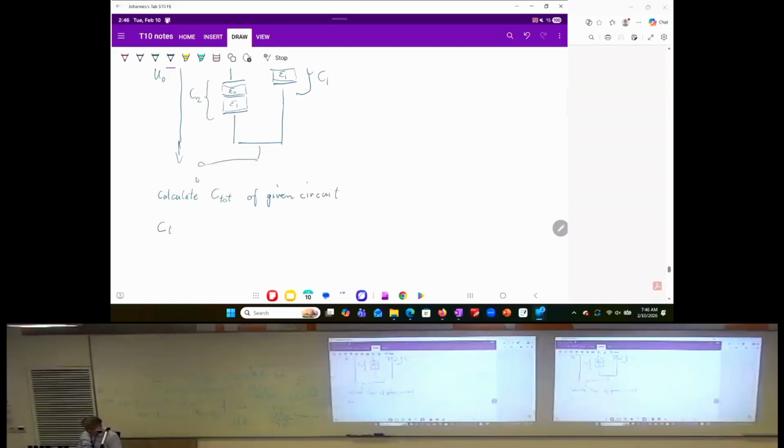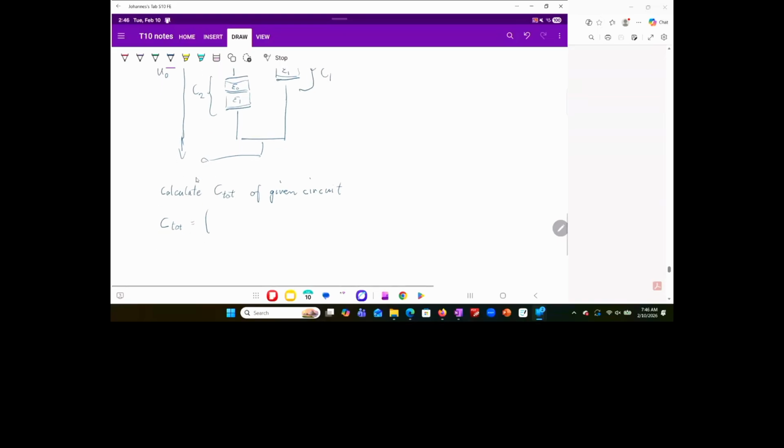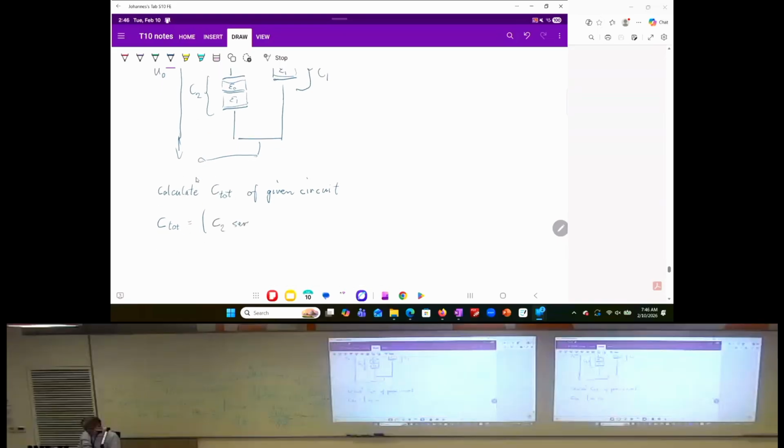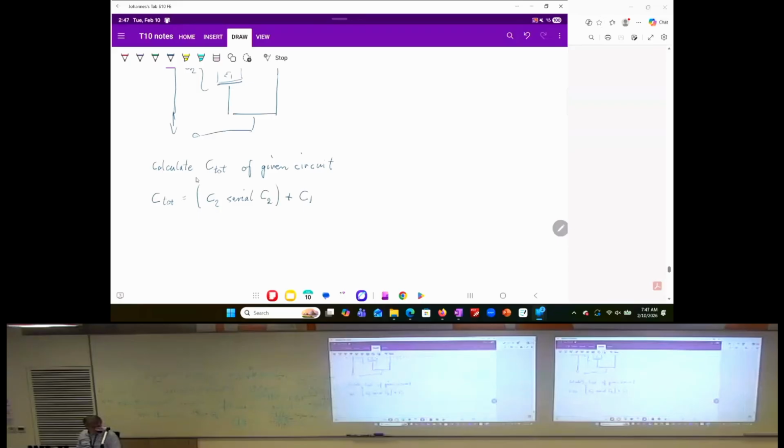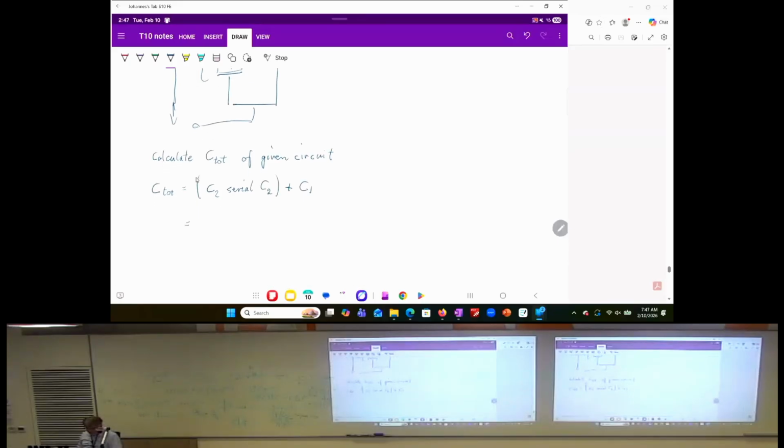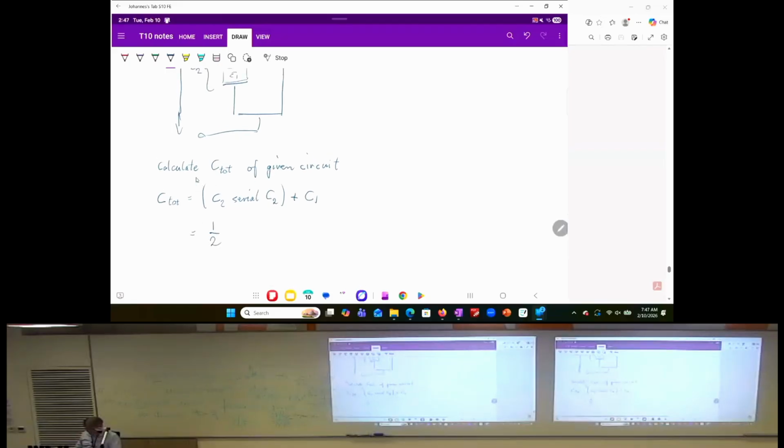So C total is, now you see, C2 in serial with C2 plus C1. In the parallel case, you just add up the capacitance. But in serial, you get the inverse of the capacitance value by adding the inverses of the individual elements. So you get here 1/2 C2 plus C1, and that is here 1/2 A over H, as we computed